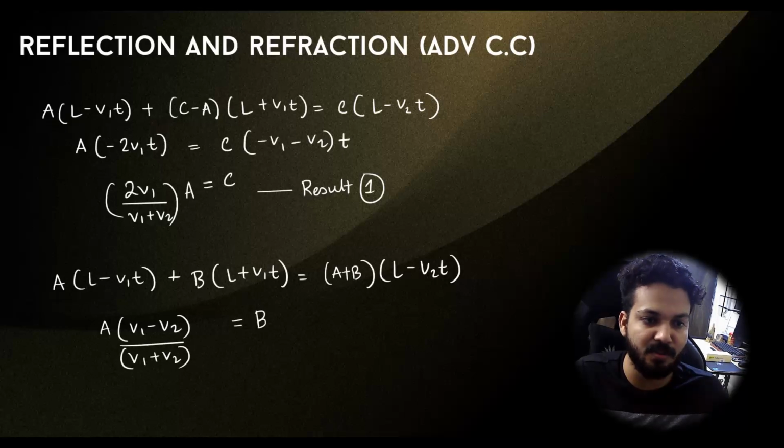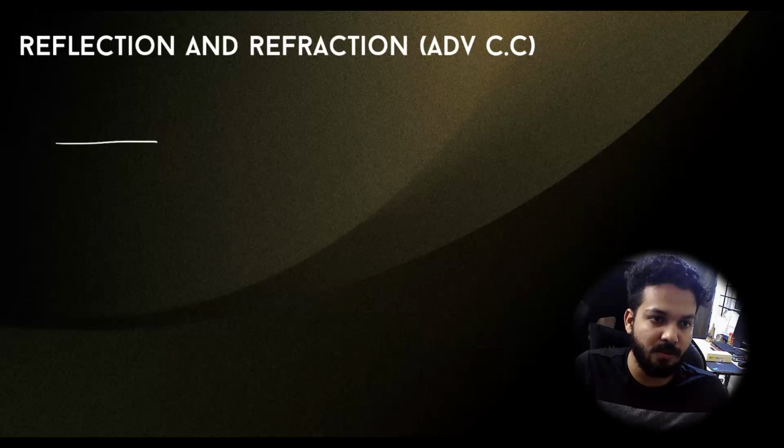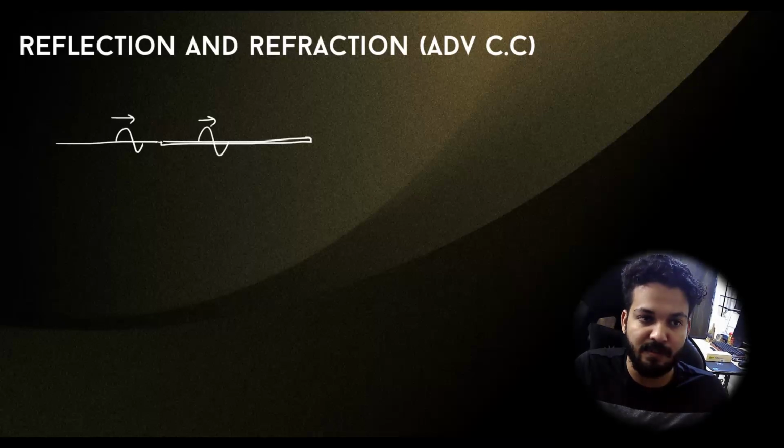Now this gives me the two results that I was hoping to get from the beginning of the derivation, which is that if you have a transmission of wave from one string to another with different mass per unit lengths, and assuming there is no power loss. Okay, so this is an important result, so I'm just going to write this down. Assuming there is no power loss,